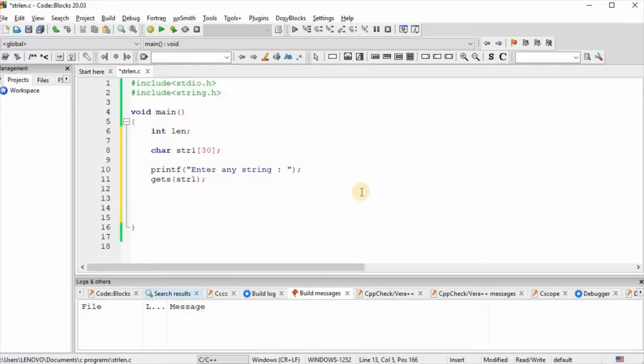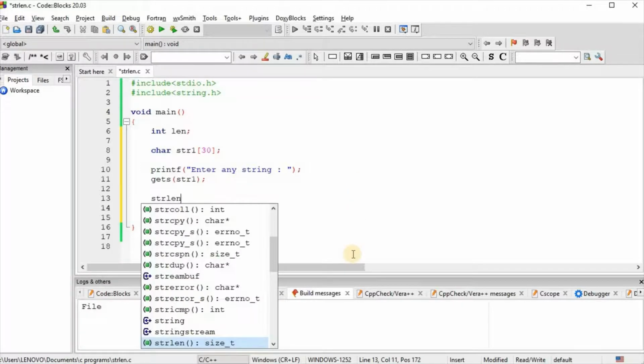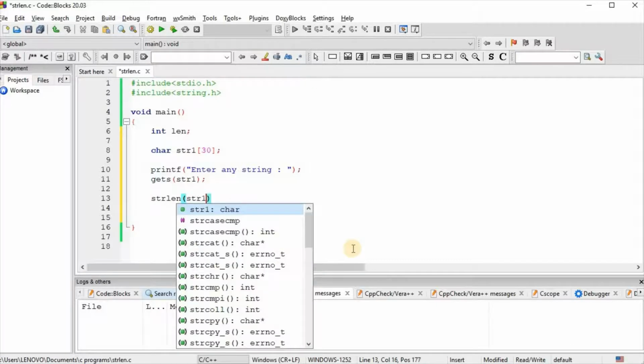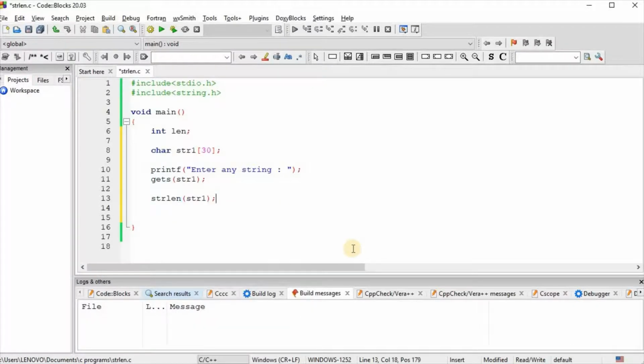Now we are using the strlen function. Here strlen, and in brackets the variable name of the string, or the string name, or the character array name. This strlen function calculates the length of this entered string and returns the length, which is in integer format.